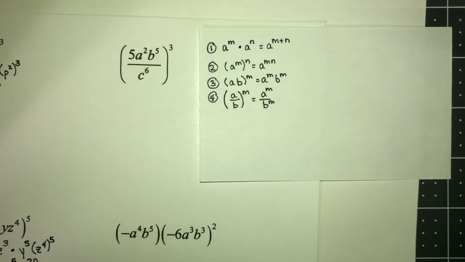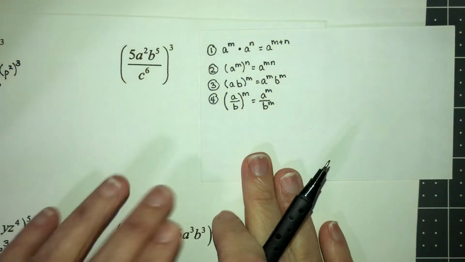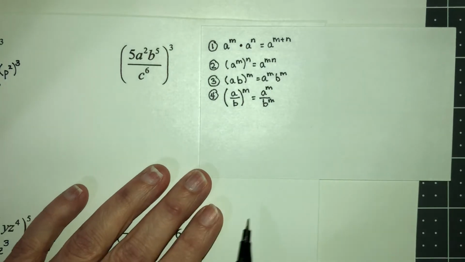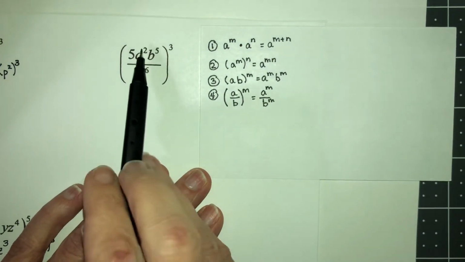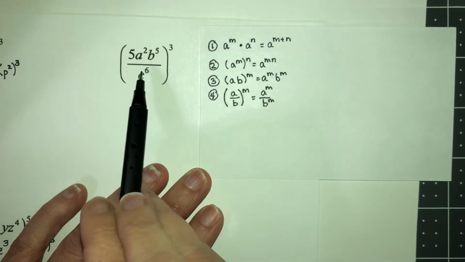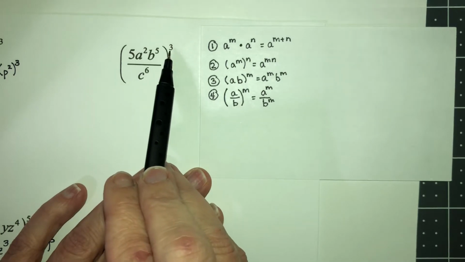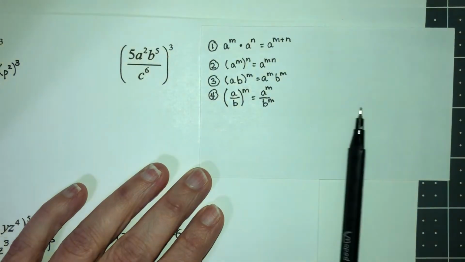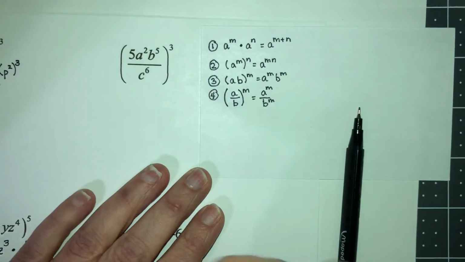This is section 5.1, part 5. I need to simplify this, okay? Look at the big picture. The main thing I see is that I have a fraction, an ugly fraction, but a fraction, raised to an exponent. The property that appears that way, in the same basic pattern, is property number 4, okay? So I'm going to use property number 4,